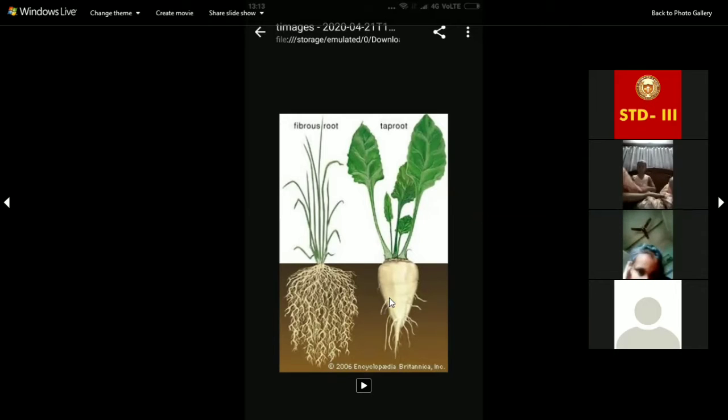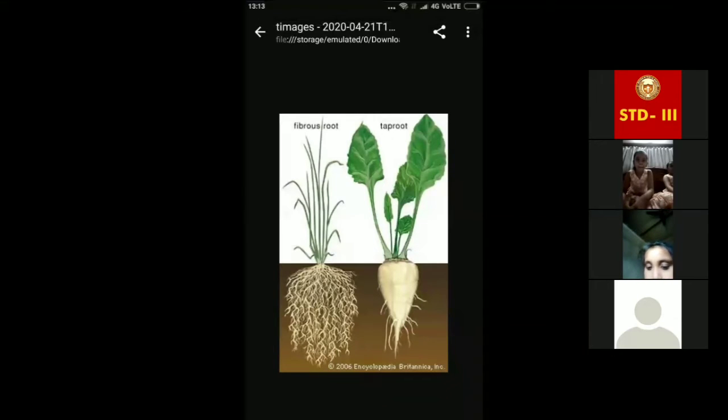So this is the main root. This is very strong. This main root is coming out from the end of the stem. This green portion is stem. From this main root, very small roots are coming out. So when only one main root comes out from the end of the stem, and from that main root many small roots come out, those roots are called the tap roots. Examples of tap roots are mustard, cotton, balsam, mango, neem, etc.